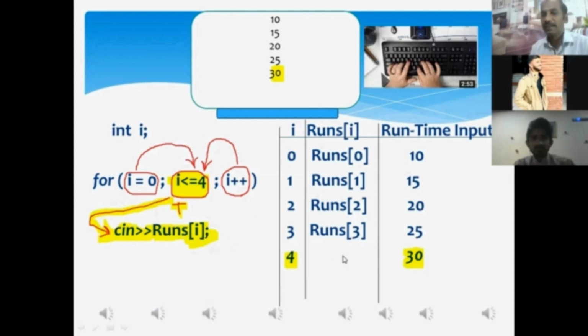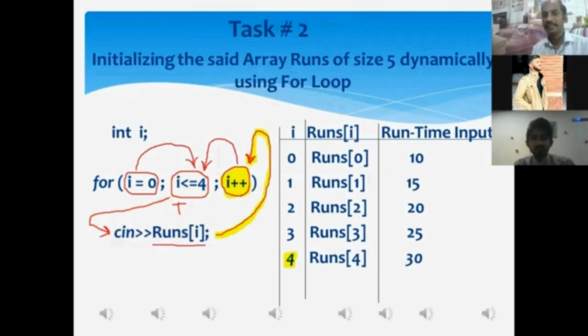What will this address become if we place the value of i, that one is 4? Sir, runs within square bracket 4. It is the 5th memory location of the array, all right? And 30 will be stored in the memory location number 5, all right? Yes, sir. My dear, another question to you. After the execution of the scanf statement, the control of execution will be shifted to which statement? Sir, increment statement.